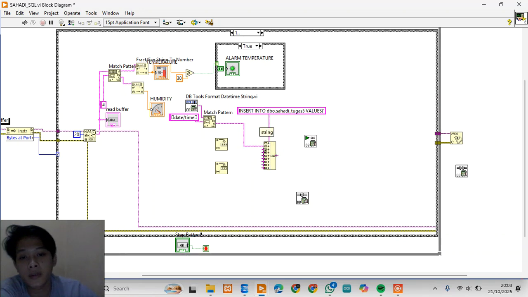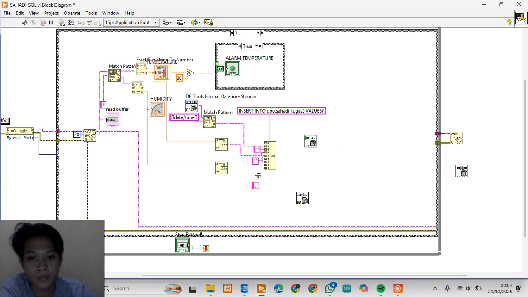And I create a string and a constant, and in input four I connect to the string decimal, and in number I convert the number for temperature, editing to convert to string, and connect to decimal in input.